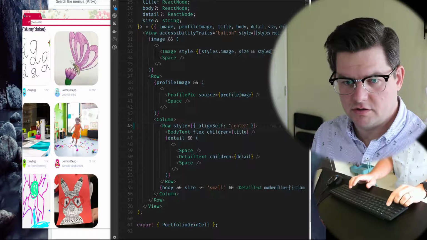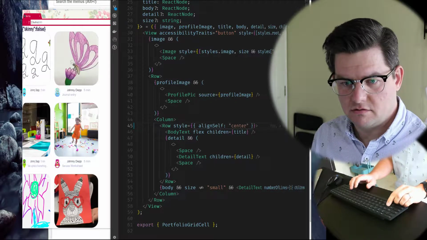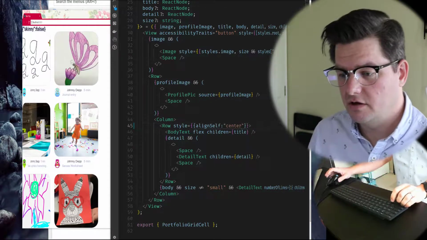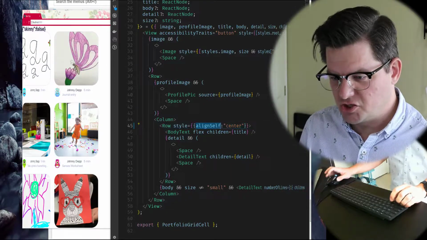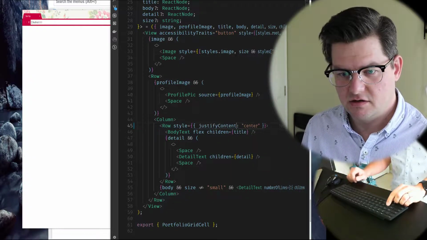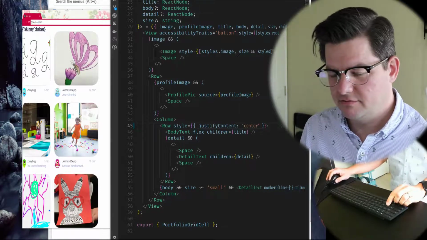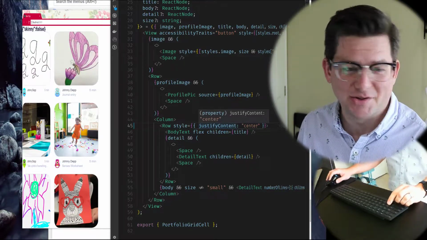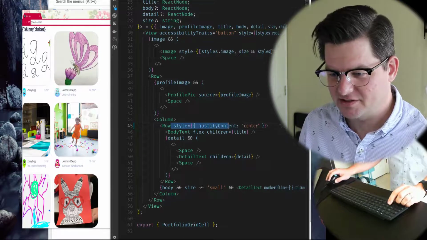Enter. Does that work? No. Okay. I want justify self. Justify yourself. Justify content. That's it. Nope. I don't remember. I gotta go look up the documentation for how to flex bugs. But